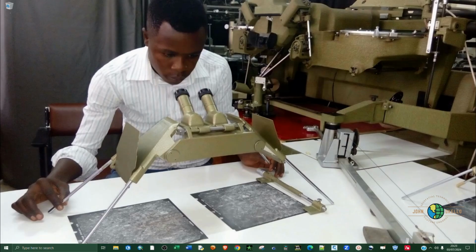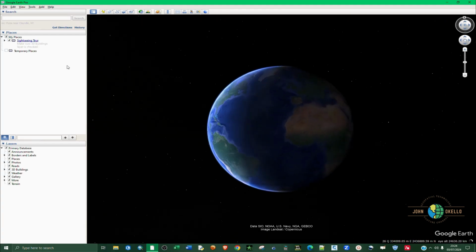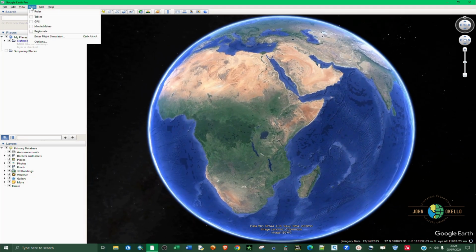What's up, guys? Today I'll be showing you how to extract coordinates from Google Earth Pro and then export the same coordinates to Excel. So first thing that we're going to do, we're going to open up Google Earth Pro application, and then just quickly I'm going to make sure that I'm working with